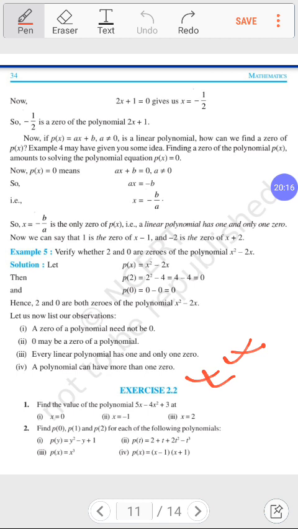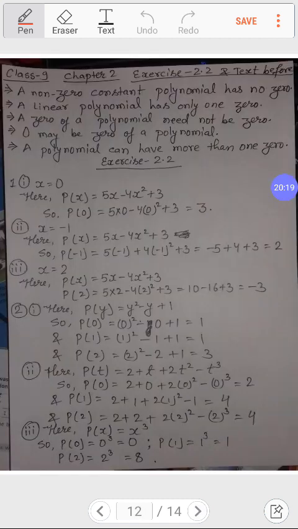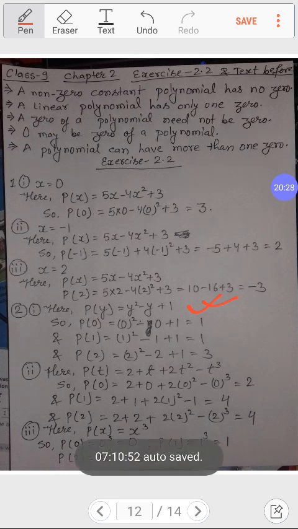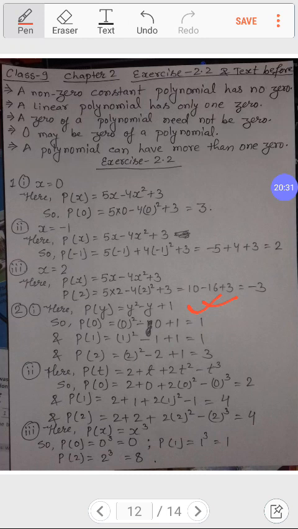So now you can see number 1, okay. This is the polynomial given, that is P(y) is equal to y square minus y plus 1. And what happens? So P0 is equal to 0 square minus 0 plus 1. That is how much? 1. Okay. In same way, P1 is equal to 1 square minus 1 plus 1. That is 1. Okay. In same way, P2 is equal to 2 square minus 2 plus 1. That is 4 minus 2 is 2 and plus 1 is 3. Here 1 square is 1, so 1 minus 1 is 0 and 0 plus 1 is 1. So I have written in a single line.